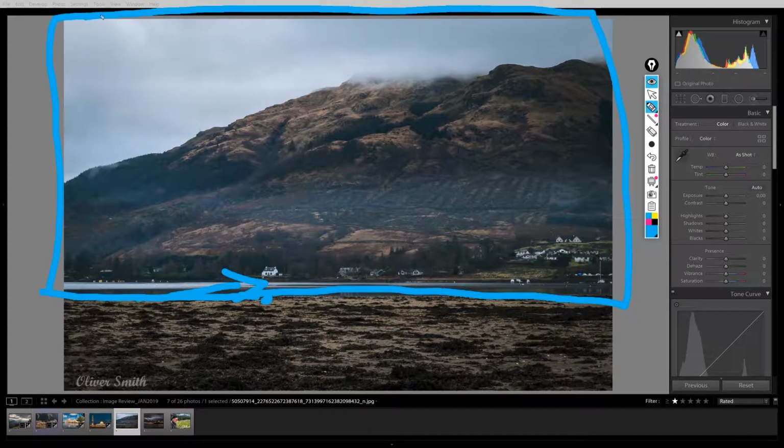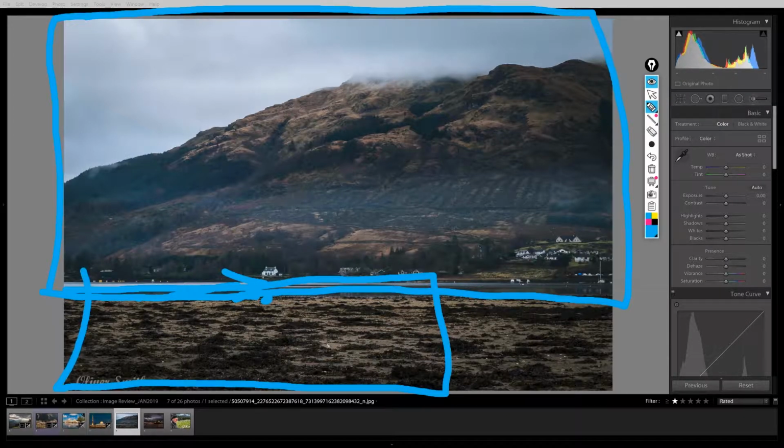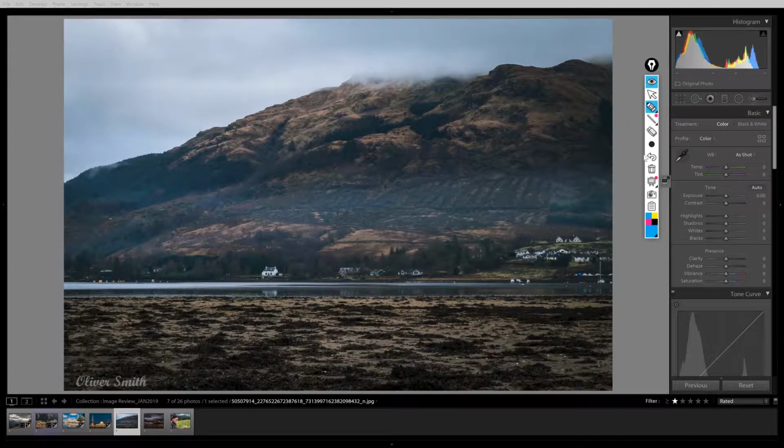But I want that, potentially that, to be your frame, which obviously means that the water is going to take up the bottom corner of your frame. And that's going to make this a little bit more minimal, which I think, again, can really benefit landscape photography. We can get bogged down in making it too complicated. And